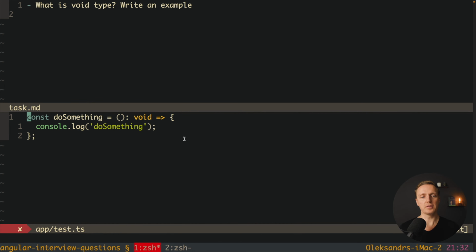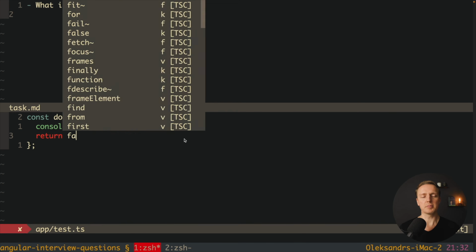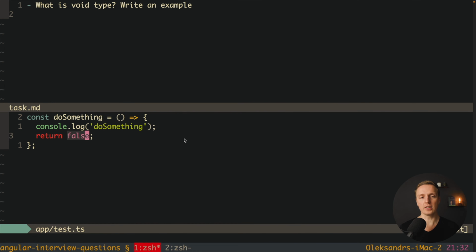The main problem is, if you don't write void here, but you simply return something, TypeScript will think that you really want to return something. This is why the definition will be that the doSomething function returns a boolean, and this is not what we want. We want to return void. So with void inside TypeScript, we're defining that we don't return anything. You could actually define a property of type void, but it doesn't make any sense because you can't assign anything there. This is why we're not using void as a type for a variable.